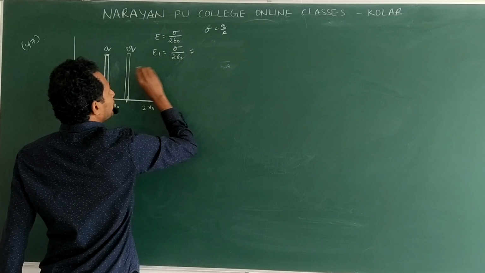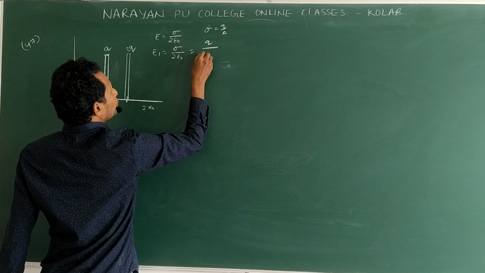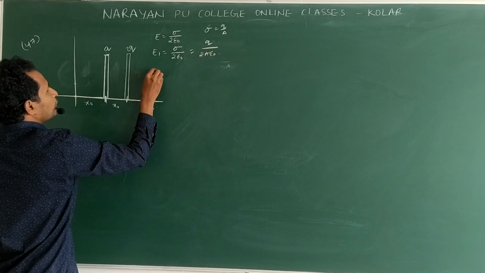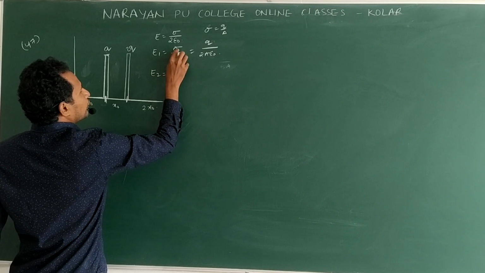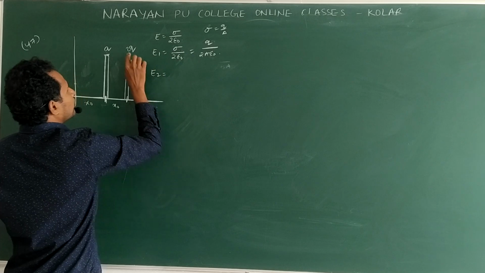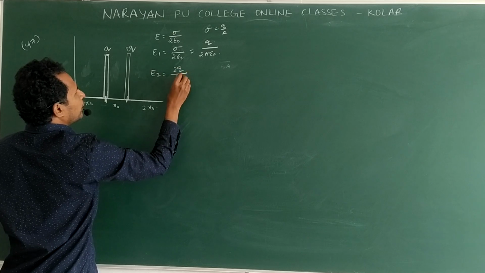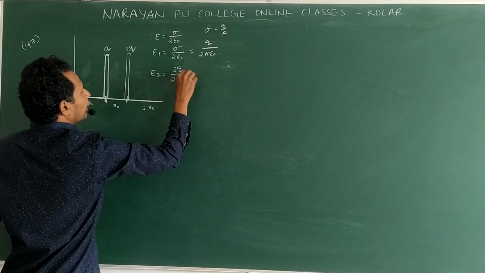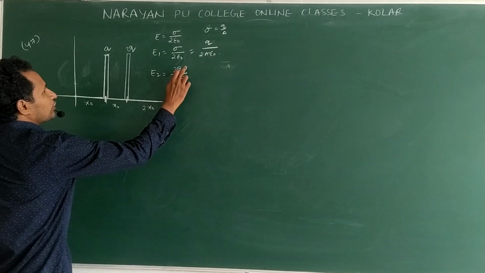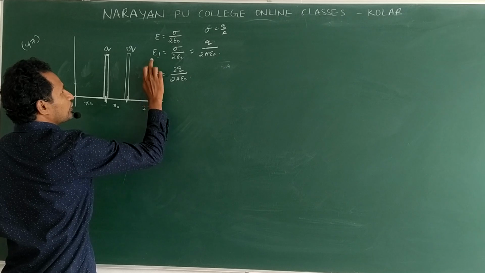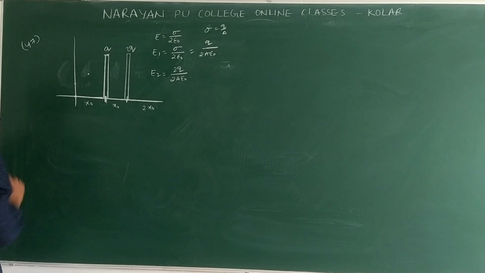Then the first plate's electric field will be Q by 2A epsilon naught. Similarly, E2: instead of sigma, follow this formula, 2Q by A. So 2Q by 2A epsilon naught. Don't cancel, because this is how many times? 2 times E1. E2 is 2 times E1. So don't cancel.